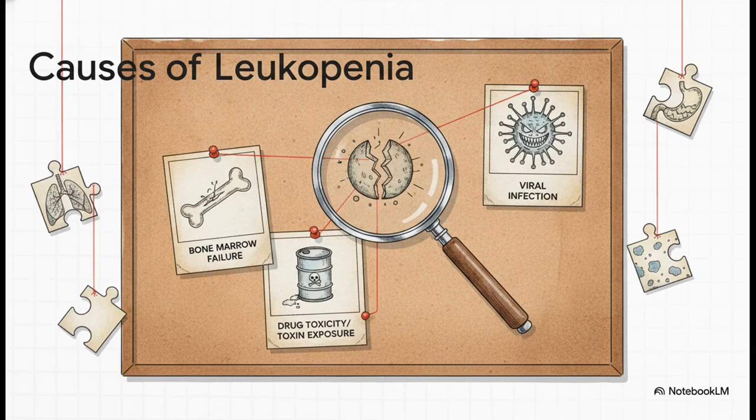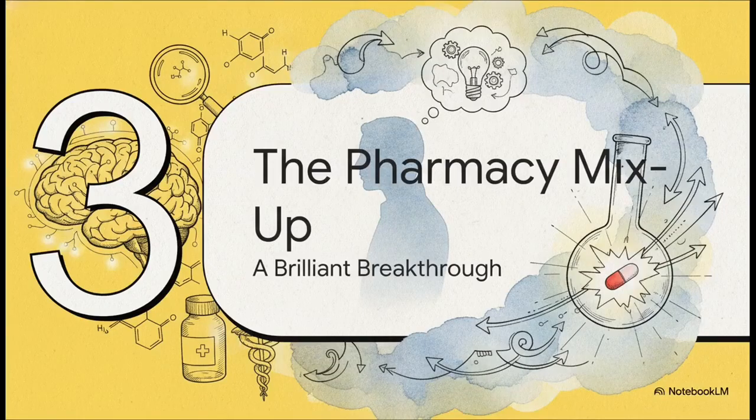Even on this new list, each of these possibilities only explains a tiny fraction of the puzzle. Nothing ties the cough, the rash, the collapsed blood pressure, and the destroyed immune system all together. This leads us to Section 3, the pharmacy mix-up, which gives us a brilliant breakthrough that completely shifts the perspective